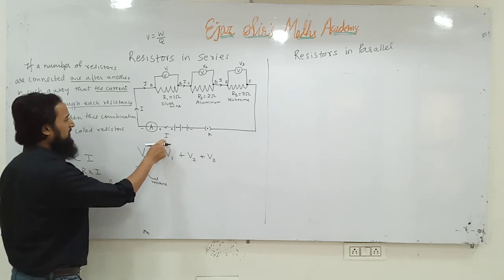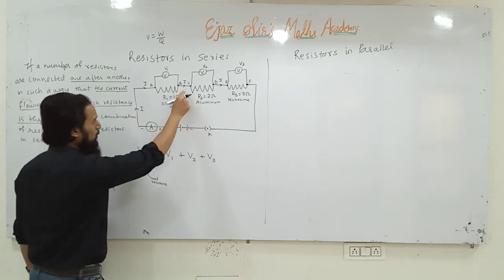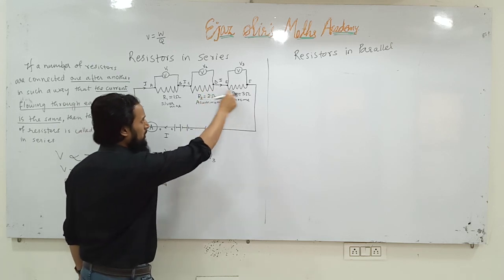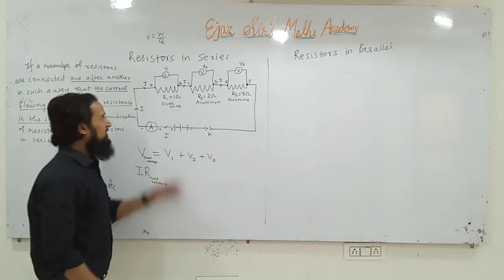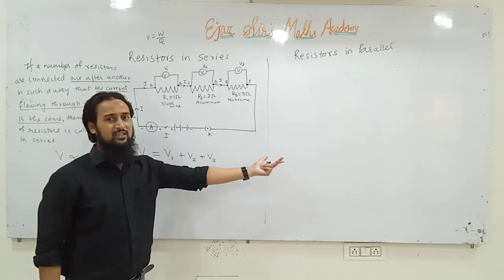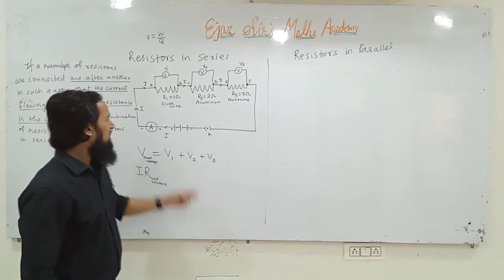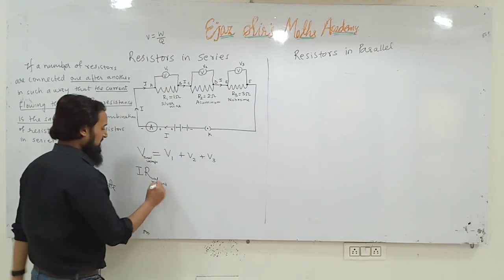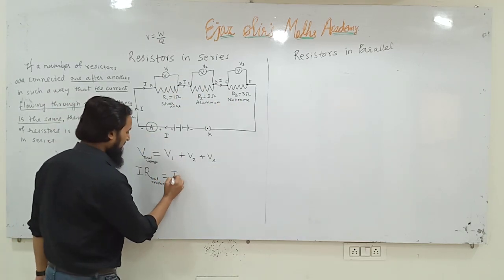The current flowing through R1 is equal to the current flowing through R2, which is equal to the current flowing through R3. The same current is flowing here, so there is no need to write total, because the same current is flowing through the circuit. Here it will be current into